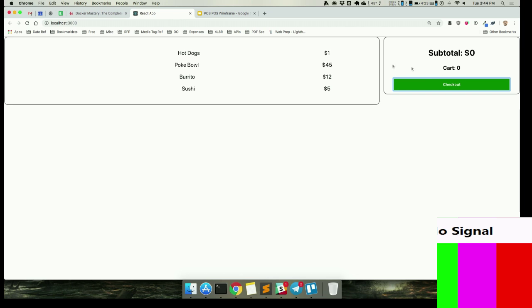So we're starting with 0. Theoretically, if I click on this, my subtotal should be $1 and my cart should be 1. Yay, worked. And this one, 2 items in my cart, it's now $46, which is just like going to Pokerito. 58 and 63. Cool. And then I can check out my cart and I can start all over again,